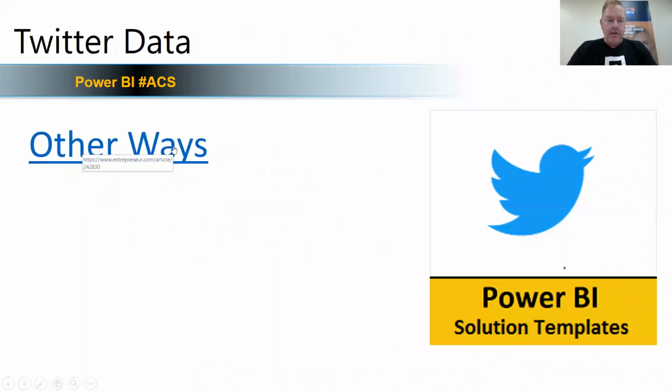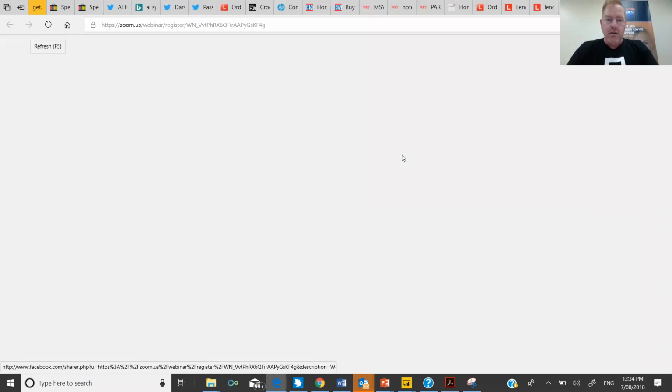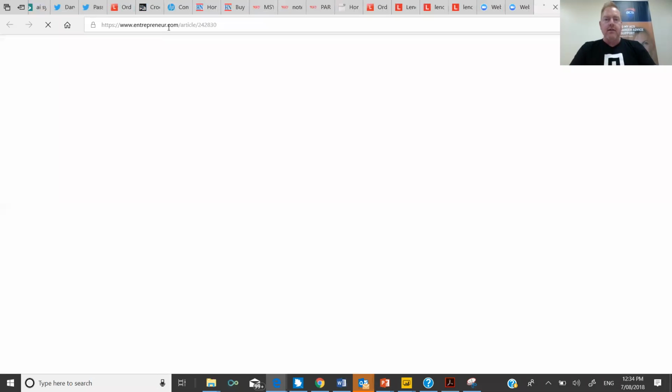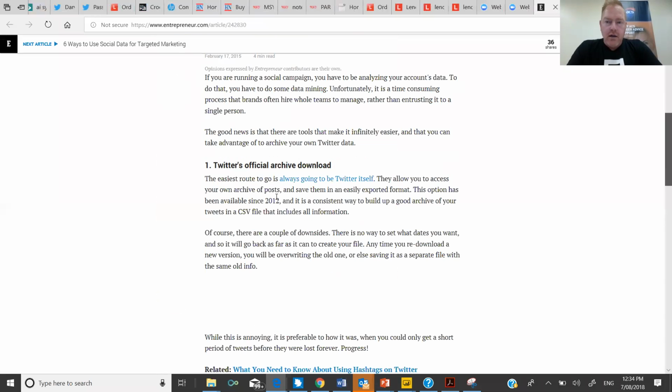There are other ways, as I mentioned, to analyze Twitter data. I'm going to just pop off to a web page here, and this is just one of the ones I found: top 5 tools for downloading and analyzing Twitter data. The first one there is Twitter's official download.